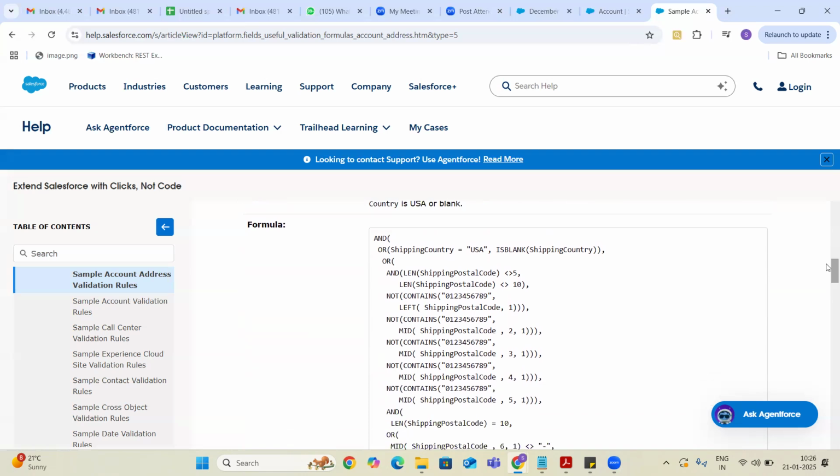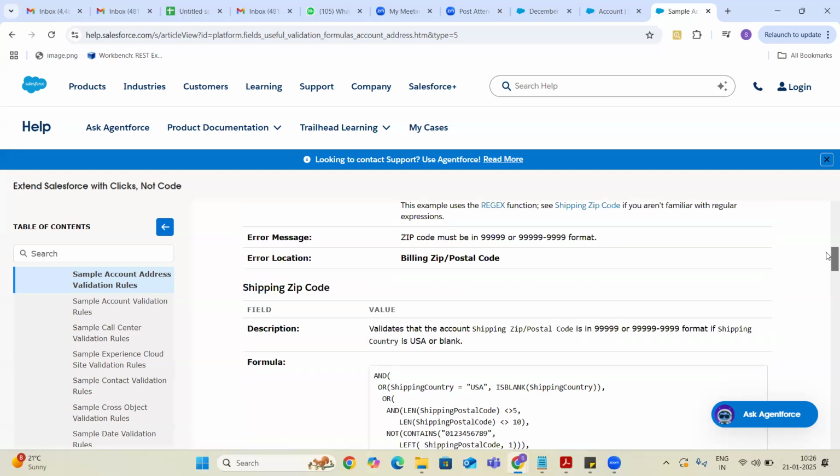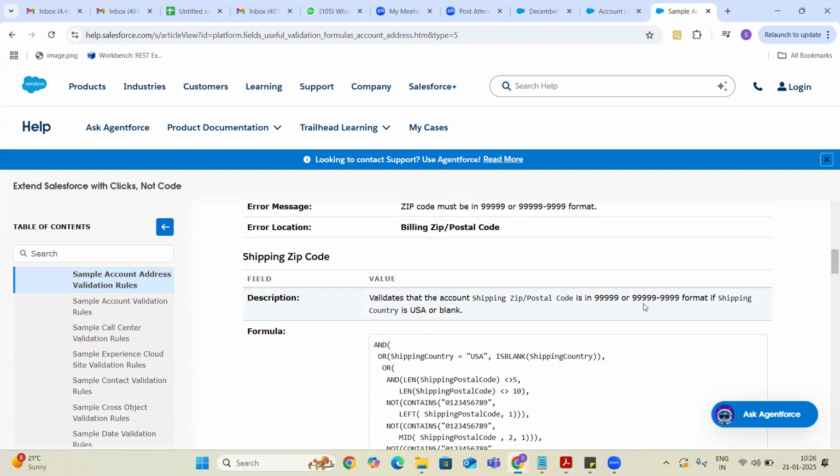So here what they are checking is, here they are writing different and conditions, guys. Okay. So the first and condition is there are different scenarios, right? First of all, zip code is 5 digits or it is 10 digit. Okay. In case of 5 digit, they entered.